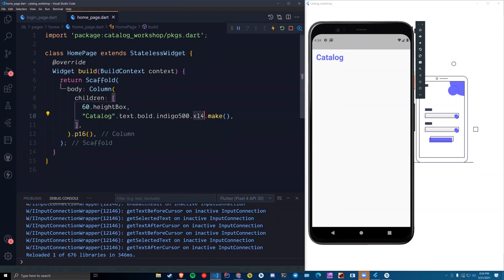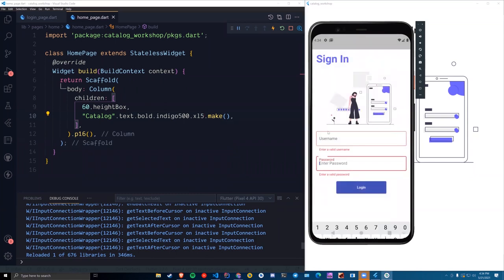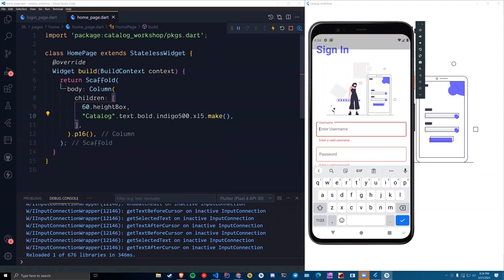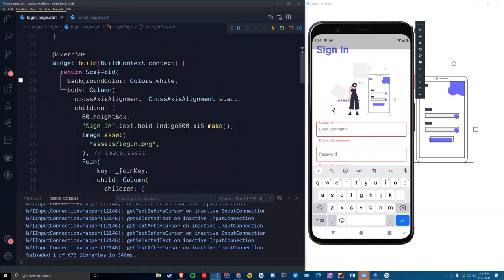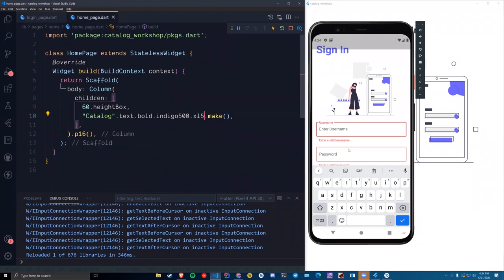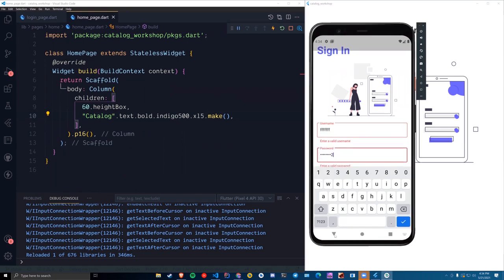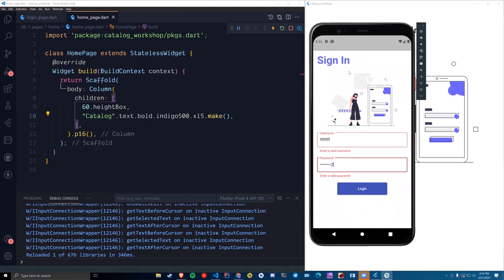Okay, let's make it xl5 catalog, right? So this is what we have. If I go back and press here, we have lost the state. We were using xl6 over here, no, xl5 only. So this is fine. So I'll just enter some username and some password again, login,